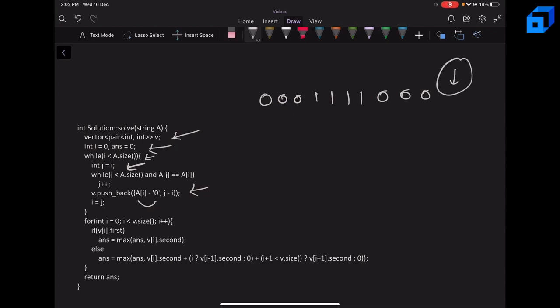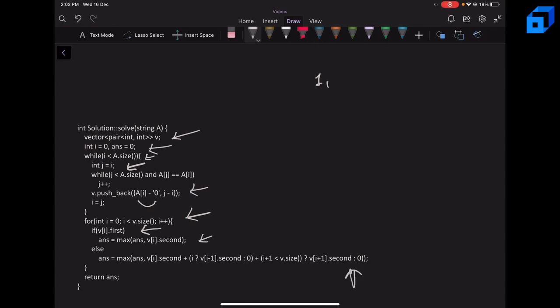So in this way we can find the running length of zeros and ones. You can use any other method as well. So now we iterate over the vector of running lengths. If vi dot first is 1, that means the character is 1. If the character is 1, we can simply say that the answer is the frequency, or we can actually ignore it as well, since we have at least one 0. Otherwise, if it is 0, we will flip the complete substring. So the frequency is vi dot second, and finally we will have some adjacent ones,